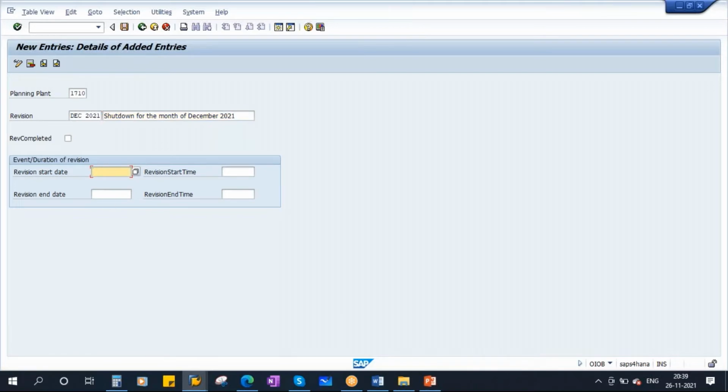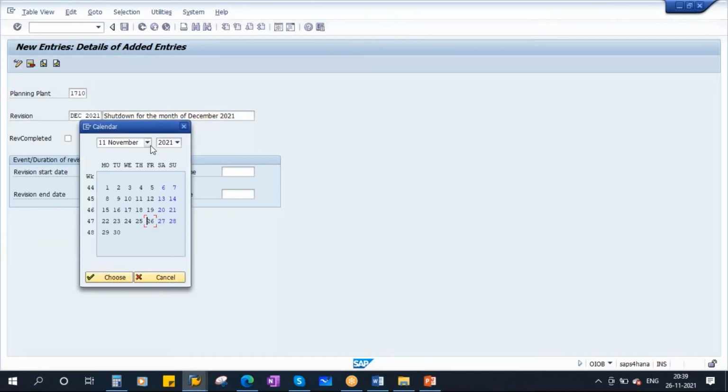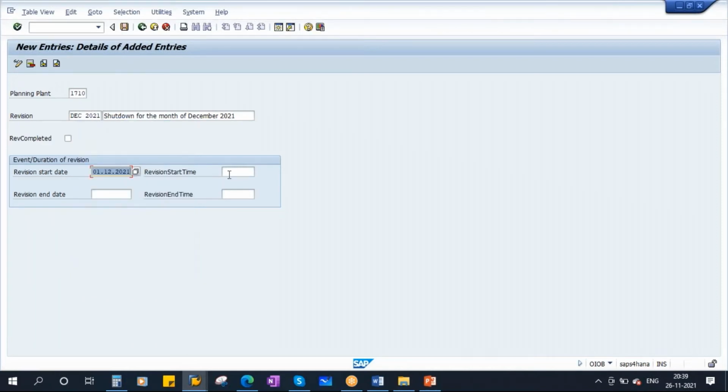Now you give the start date and time when you are going to do the shutdown. Let's say it is December, so December 1st onwards, from morning 6 o'clock. You can select the time from here.